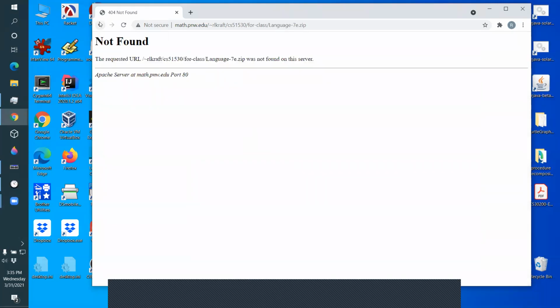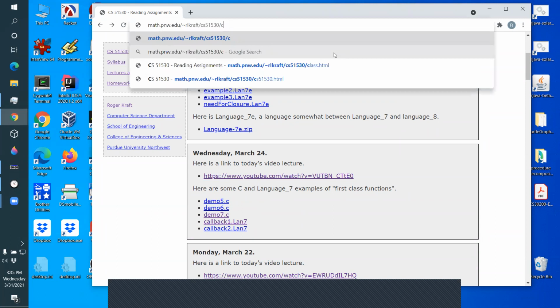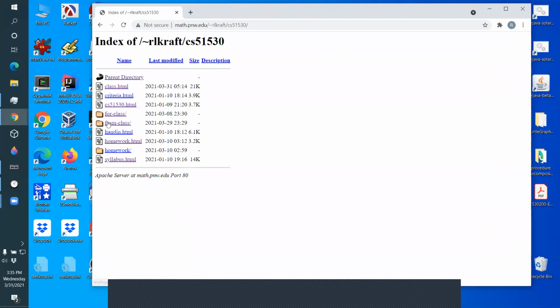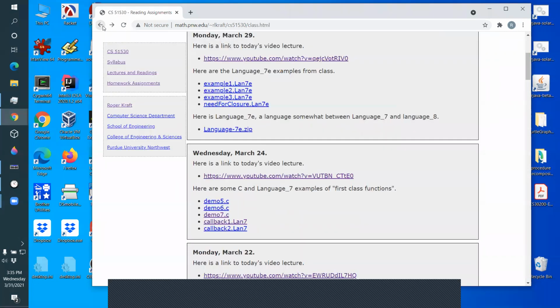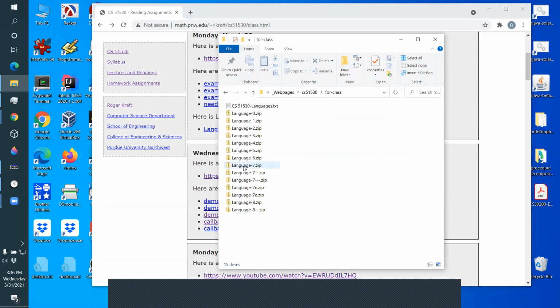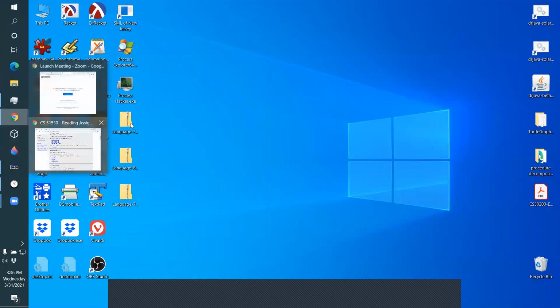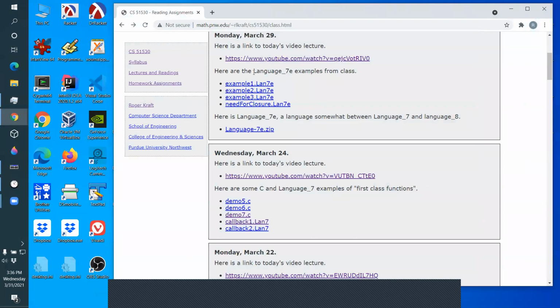Whoops. Let me see if it's up there. I thought I had it up there. No, I forgot to upload it to the web server. So let me get it from... I didn't realize I'd forgotten to upload that language to the web server. Okay, so I'll try to remember. I hope I remember after class to upload that. Okay. All right. So we've got these three languages. Okay. Now